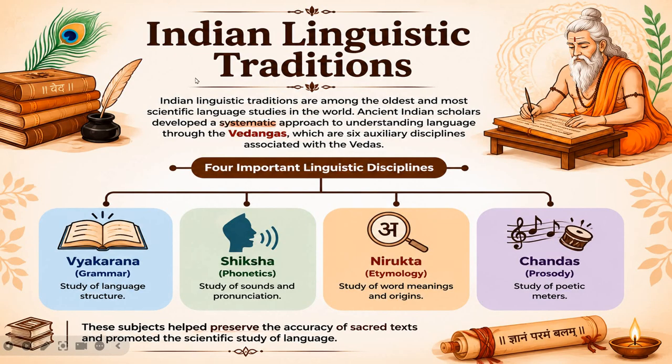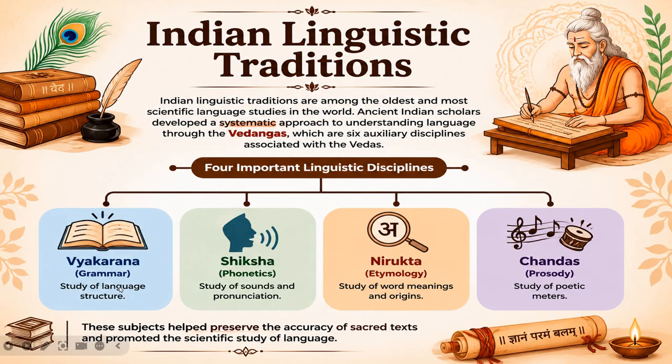So here, Indian linguistic traditions, it is one of the oldest and most scientific systems of language study in the world. And it explains that ancient Indian scholars developed a systematic approach to language through Vedangas. The Vedangas were the auxiliary disciplines associated with the Vedas, and we have here four important linguistic disciplines, that is